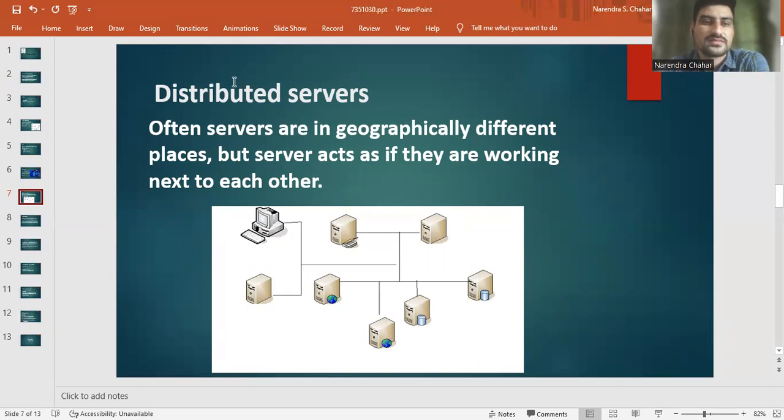Why? Because if a data center is lost due to a disaster like fire, then in the other data center or server, the complete data is stored.